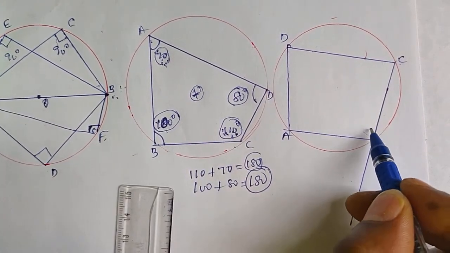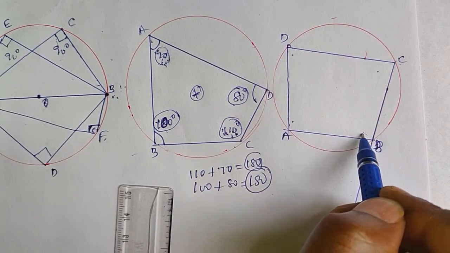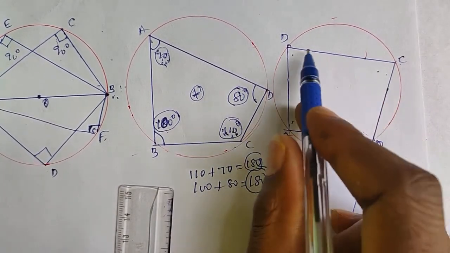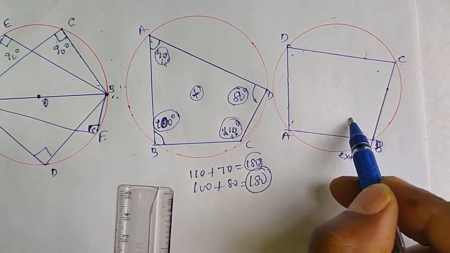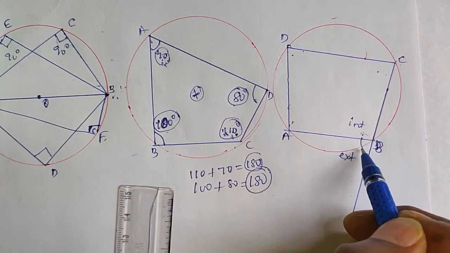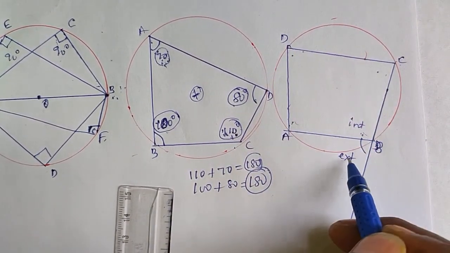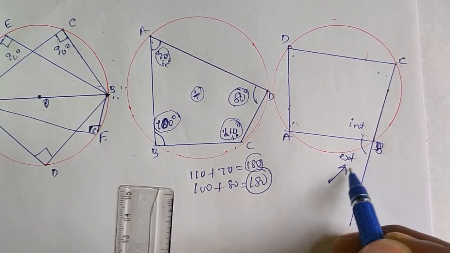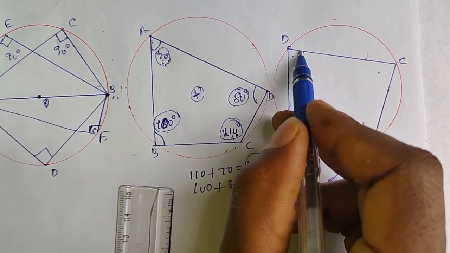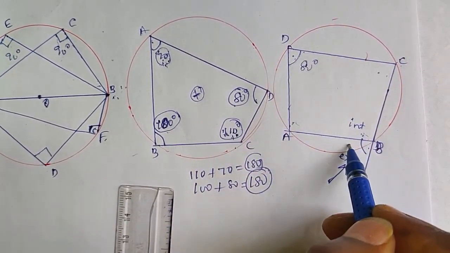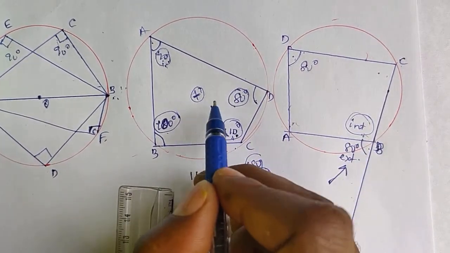If you extend, then we know that this is interior D, interior C, interior A, interior B. Correct? These 4 are interior angles, but B has one more angle, that is exterior. This is interior B, this is exterior B. This exterior B angle, if you want to find out, what should you do? You have to refer to interior D. If interior D is 80 degrees given, exterior B is also 80 degrees. But to get the interior B, this concept is used.